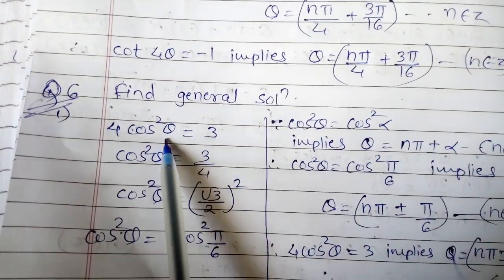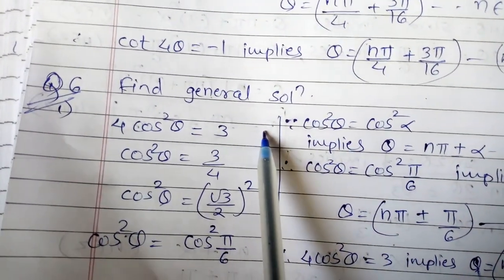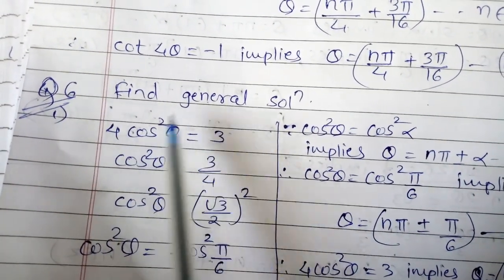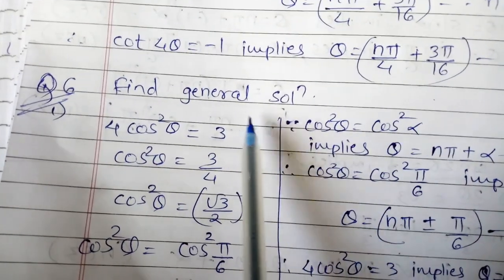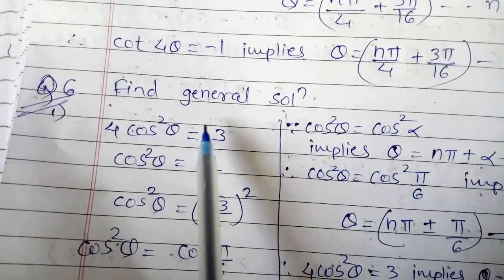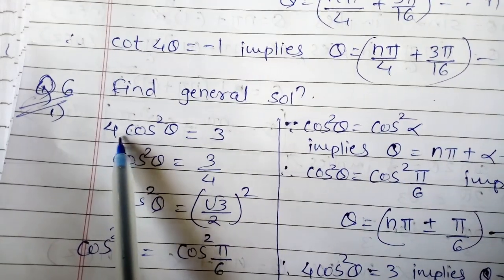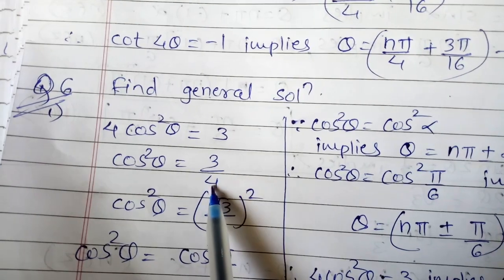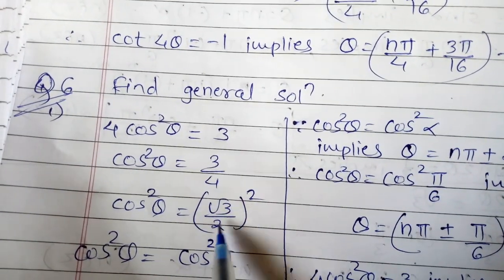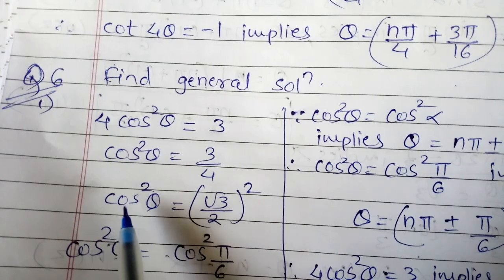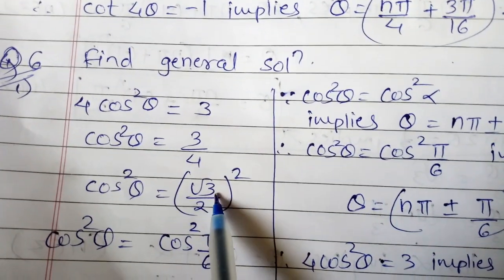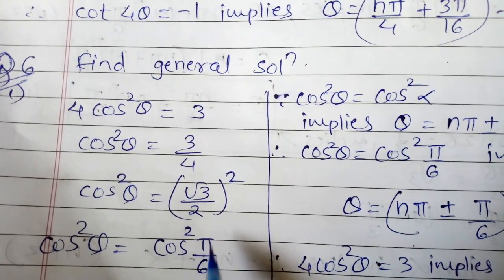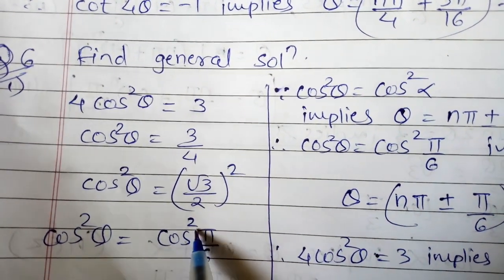So first we have to convert this into cos square theta is equal to cos square alpha. Means whatever square term we see on the LHS, we should see the same on the right side also. So we have to take the transformation. So first we move this 4 to this side. Cos square theta is equal to 3 by 4. So we write this 3 by 4 like this one, that is root 3 upon 2 bracket square. Cos square theta is as it is. Now which angle of cos theta has the value root 3 by 2? That is cos pi by 6, and since there is a square, here we have to write down the square.